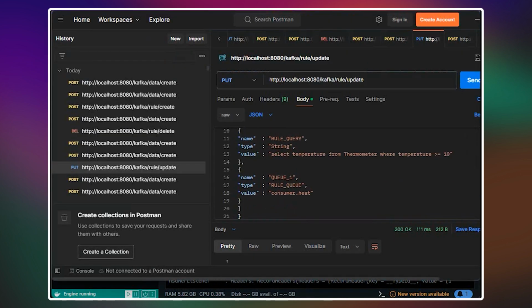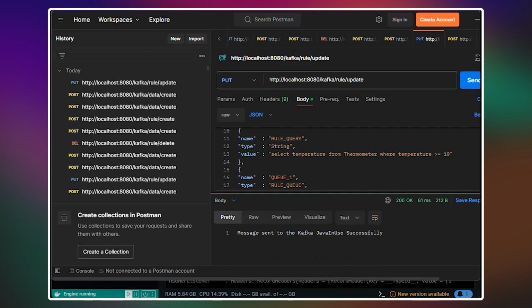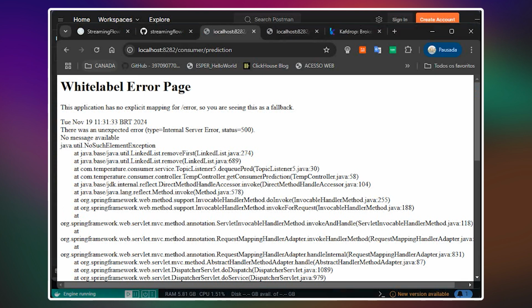And here I say that, okay, right now I want to change this and return to heat, and in this heat map, just saying that okay, just the temperature 10 or more values, so over 10, and returning.